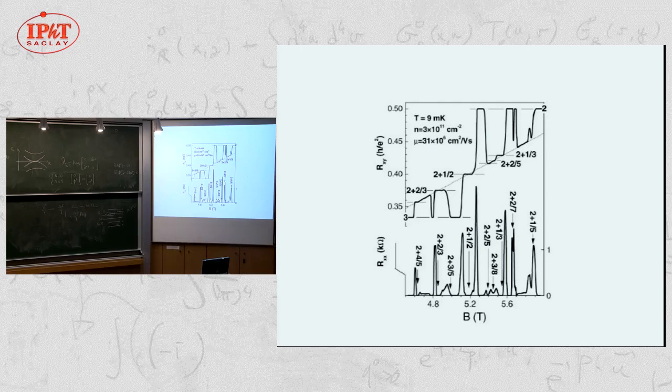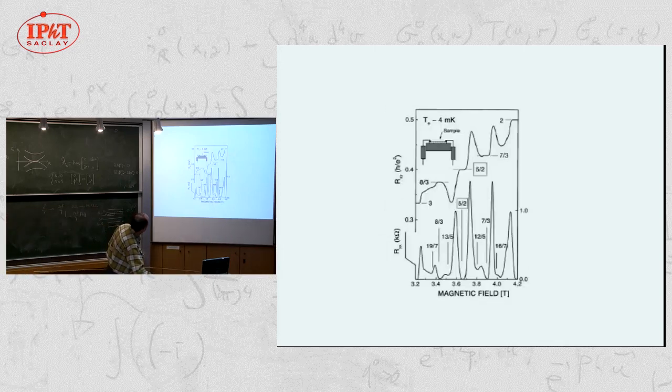Eisenstein experiments. Right, yes, right. Yes. But so the novelty is that there is this fraction. Just again, so if you remove some charges from the game, I would understand that you go up for the plateau, but here also you go down sometimes. You can also remove holes. Okay, that's okay. So that's more or less, yes, another sample with similar results in which the re-entrant integer quantum Hall effect is not that clear.